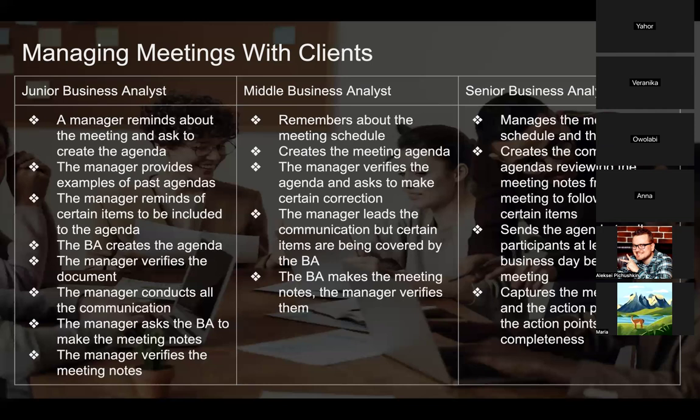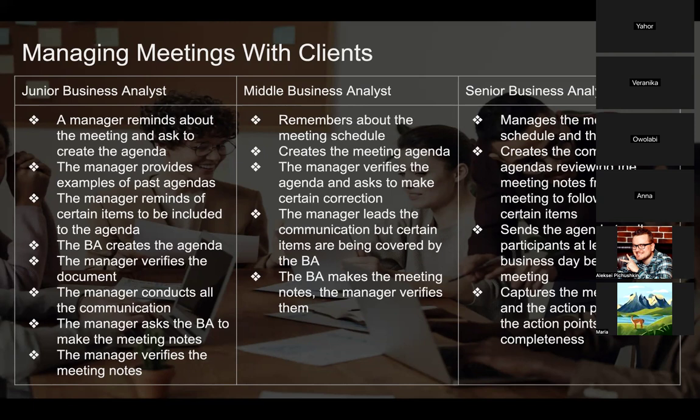The agenda is complete and of high quality, and it also includes the follow-ups on those items that were discussed at the previous call to make sure they are complete. They can fluently conduct the whole call, right, or the whole meeting with the clients without any supervision from the manager. They remember that they have to capture the meeting notes after the call, and it's not just text, it's a structured list of action points, and those action points are then sent out to everybody who is relevant for this conversation. And the business analyst, for example, also monitors those action points until their completion.